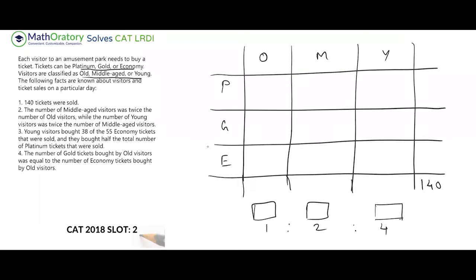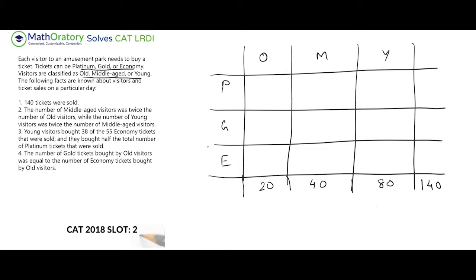Now 1 to 4 adds up to 7. We have a total of 140. So this is why the total is important. So that is 20 times. So scale everything by 20 times. So you get old people 20, middle aged 40, and young people 80. So this thing can be determined straight away. That's what we have. Let me take this off.